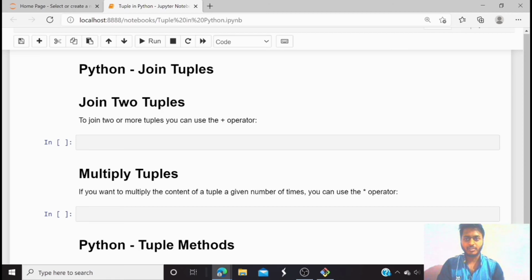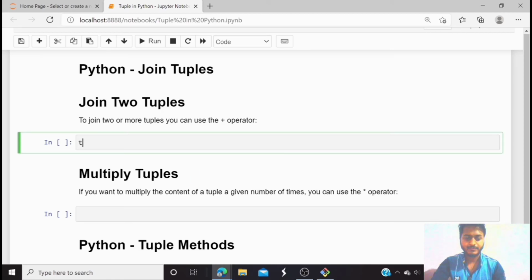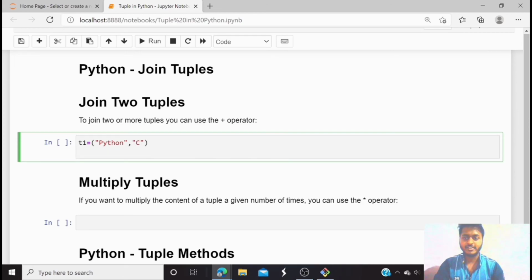So can we add two tuples? Let's see. Suppose I have a tuple t1 which is storing string data types, Python and C. I have another tuple t2 which is storing integer values.